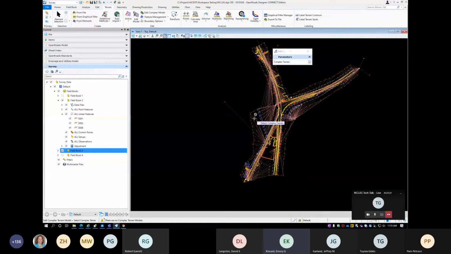Anyhow, I'm unsure where that command is. I'm sorry about that. I'm going to show you how I would bring in the LiDAR data to this model